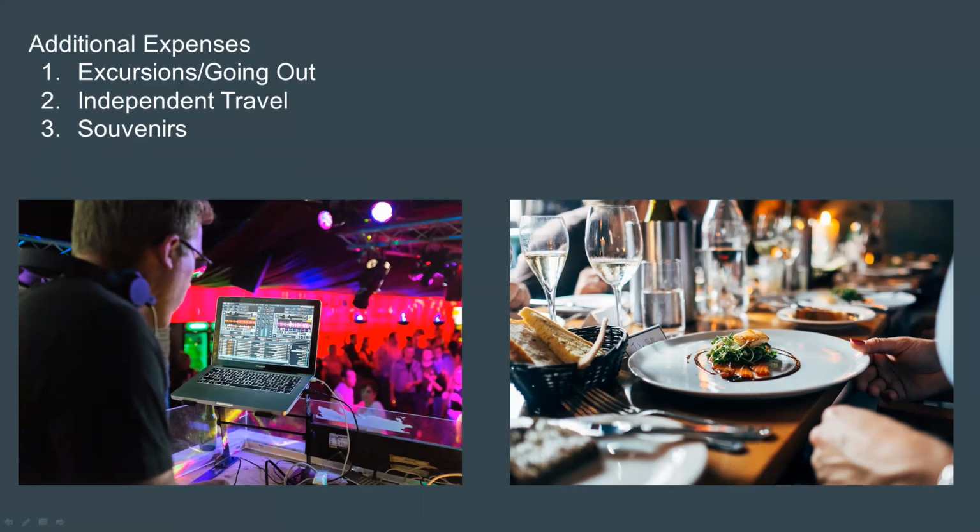Also, don't go to restaurants all the time. If you have the ability, cook food in your apartment or residence. Often, there are a lot of free attractions in your city or region. If money is tight as far as additional expenses, at the beginning of your program, think about what sites with more expensive admission you really want to see and which ones you can go without seeing so that you are able to prioritize. Before you go to any site, go online to sites such as Predeparture and read reviews,